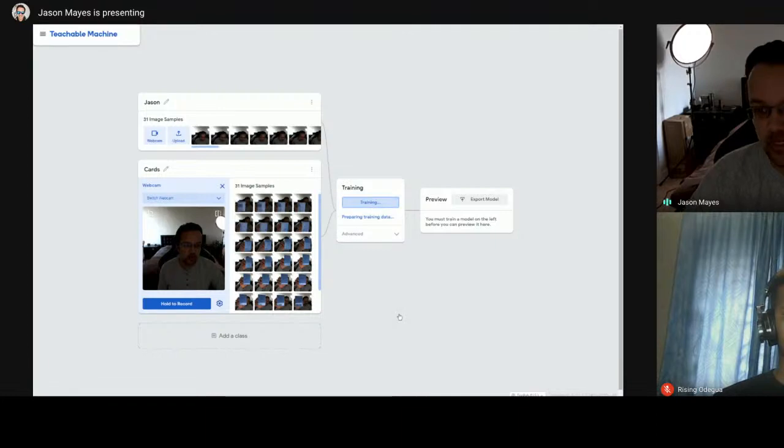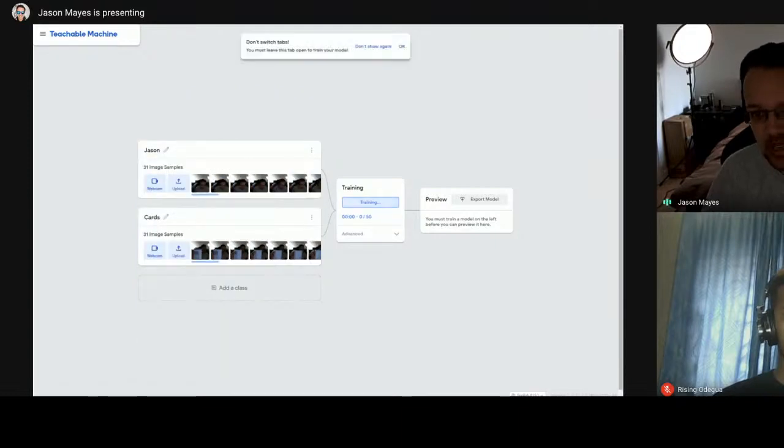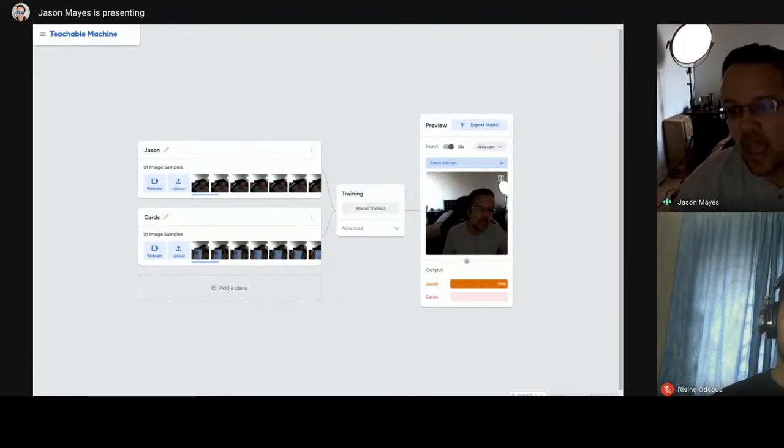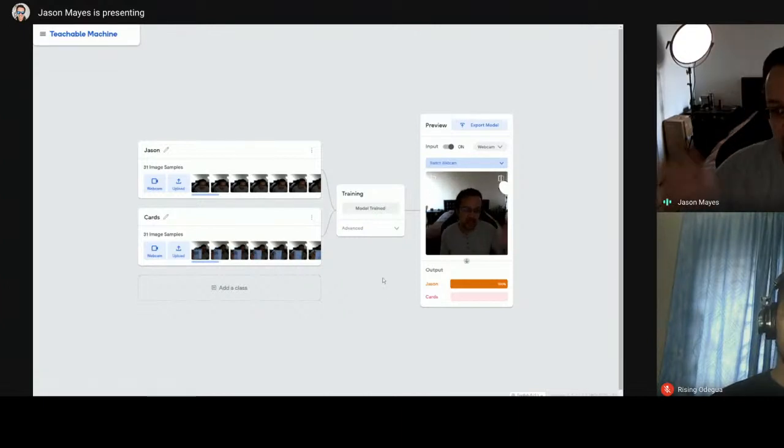And what's going to happen now is it's actually going to retrain the top layers of the network that Teachable Machine is using to try and reclassify the data with Jason and cards instead of the things it does already know about, maybe like bottles and mobile phones and humans and cats and dogs. It's going to use all that knowledge that it knows how to recognize those things to then recognize these things. And essentially, you can now see in under 30 seconds, we have a live preview on the right-hand side, because it's finished training, and you can see it's currently predicting that it thinks Jason is being shown in this live stream on the right-hand side, which is correct.